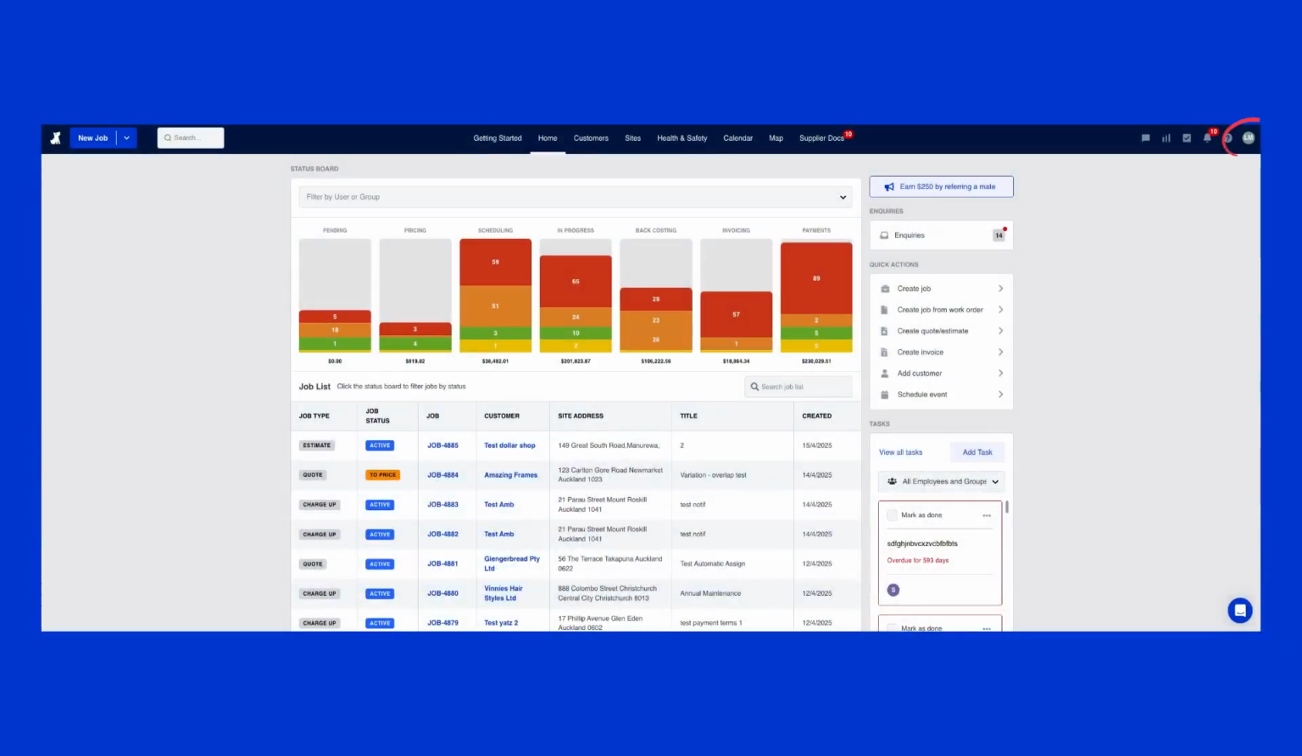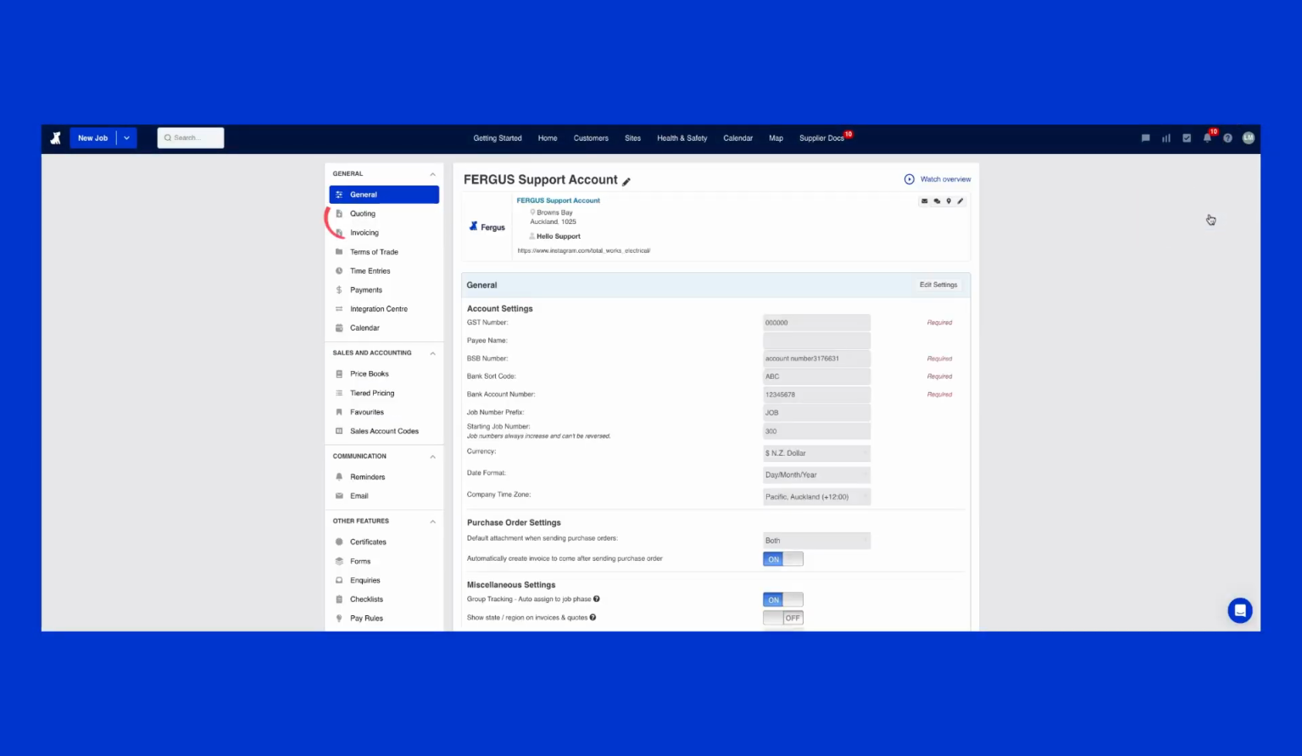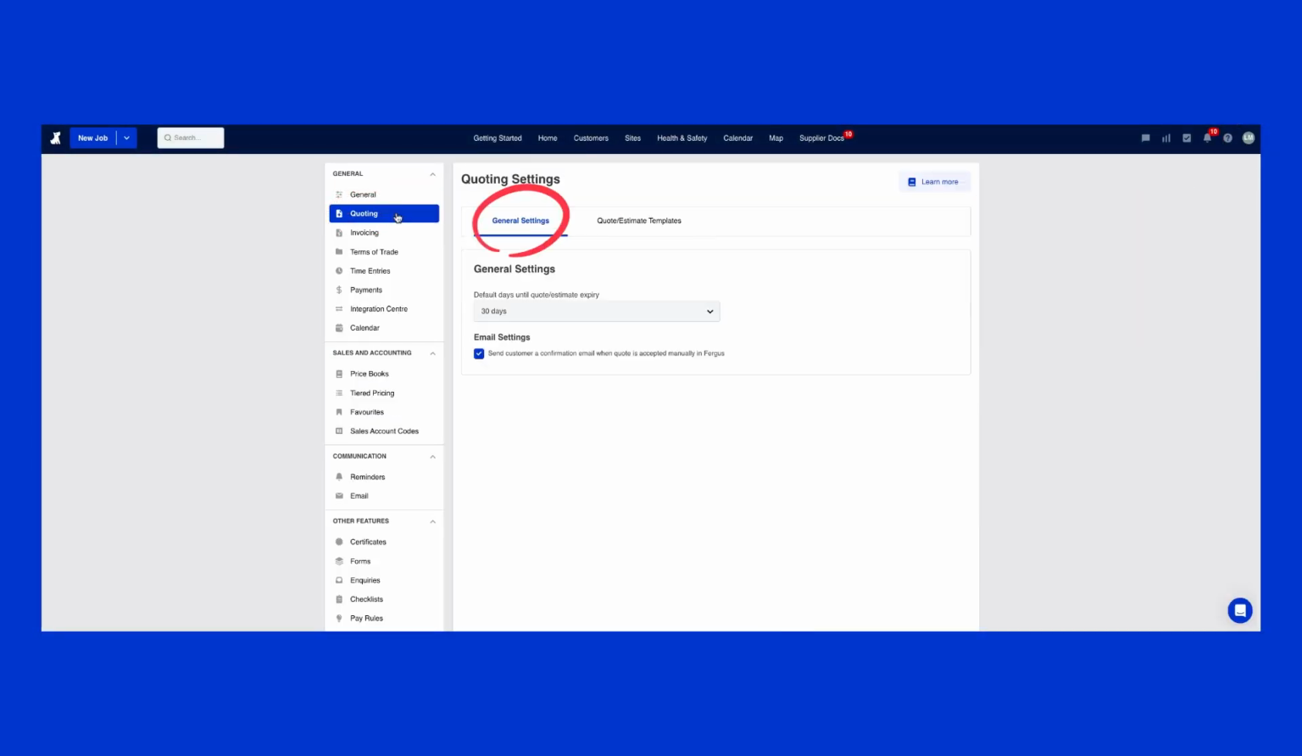To get started, go to Settings in your Fergus account, then click on Quoting. In the General Settings section, you can set your quoting preferences, including the default expiration date for your quotes and estimates. This makes it clear to clients how long the pricing or terms are valid for, helping you manage proposals